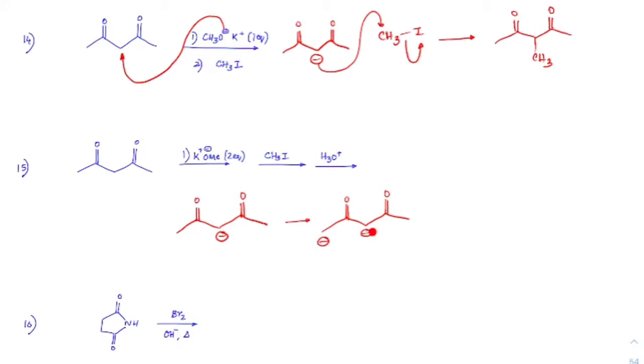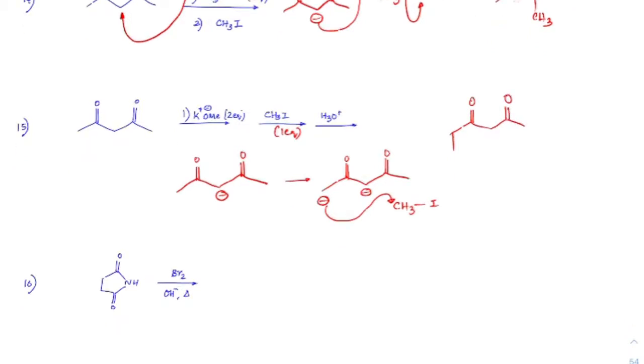Now between these two, if you see which is the more nucleophilic site, this one is the more nucleophilic site. So if you take CH3I, one equivalent here, then if it is one equivalent, it will attack from this end. So the final product would be double bond O with methyl, double bond O. Okay, this is the final product. I hope you guys understood that. Next.